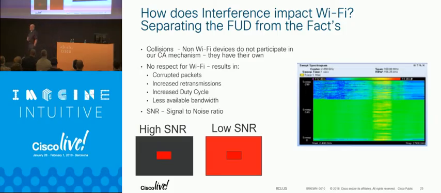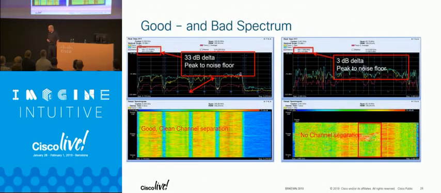That was a jammer, but it could have been Bluetooth, it could have been a bunch of BLE. And how that jammer works, it just ruins the signal-to-noise ratio. It paints it with white noise, right? I have seen electrical devices do this, so just do be aware of it. If you're getting unexplained performance hits, take a look at the clean air. If you lose signal-to-noise ratio now, you lose everything.